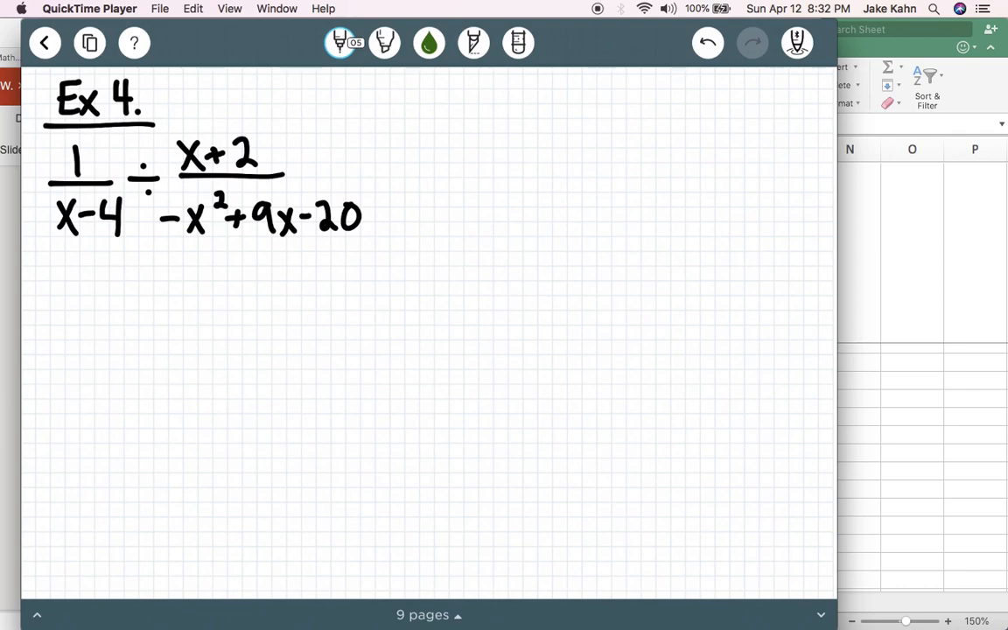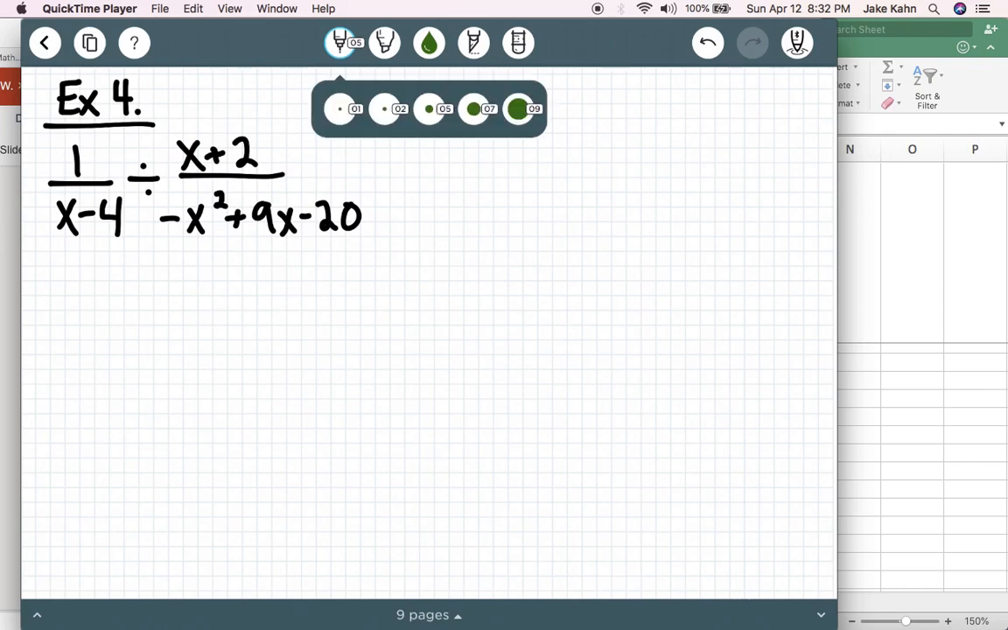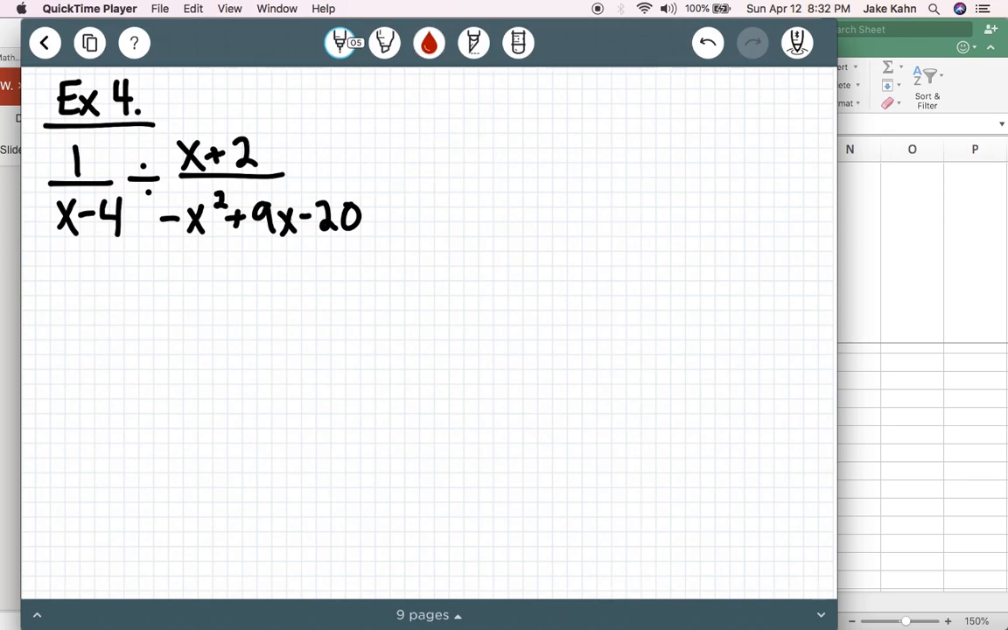All right. Example number 4, we got a division problem. What does this mean? It means that you are going to have to utilize keep, change, flip, right? So we'll do that after the factoring step, just because we should factor first in all scenarios. So factoring this problem,